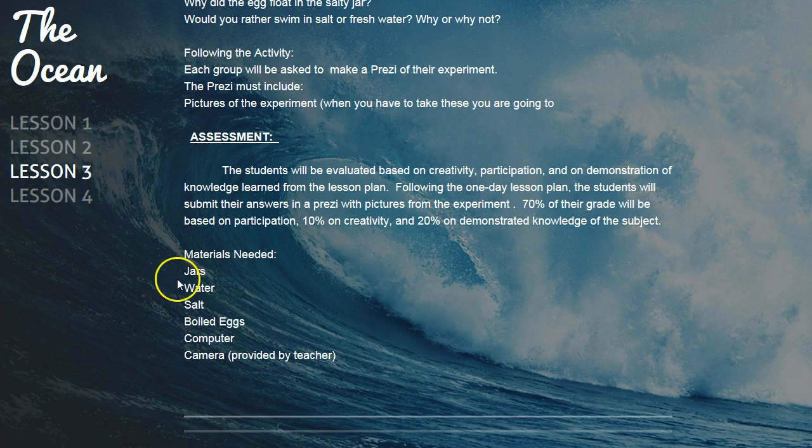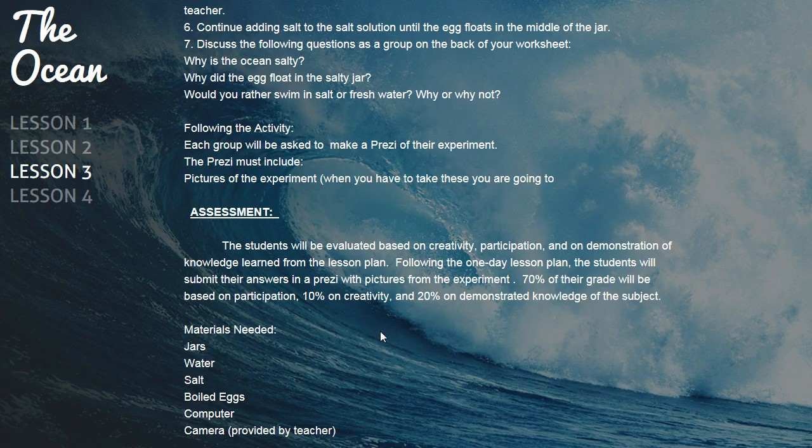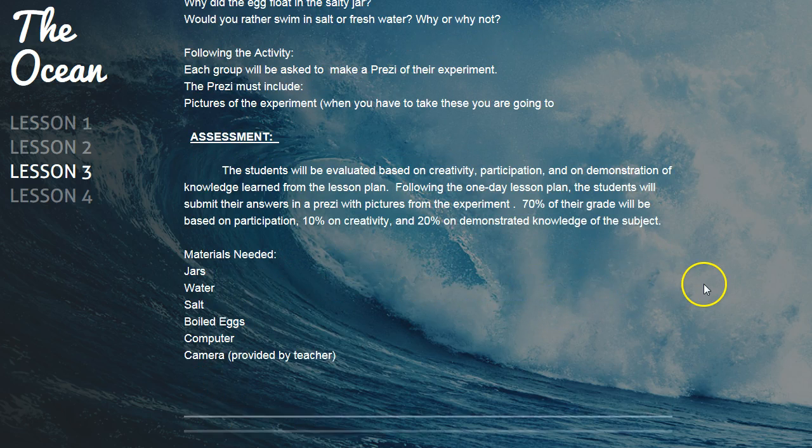The materials needed are jars, water, salt, boiled egg, the computer, and a camera provided by the teacher. For assessment, 70% of the grade is going to be based on participation and creativity. And then as a class we're going to go over why the ocean is actually salty, and how what they thought was either true or wrong about the